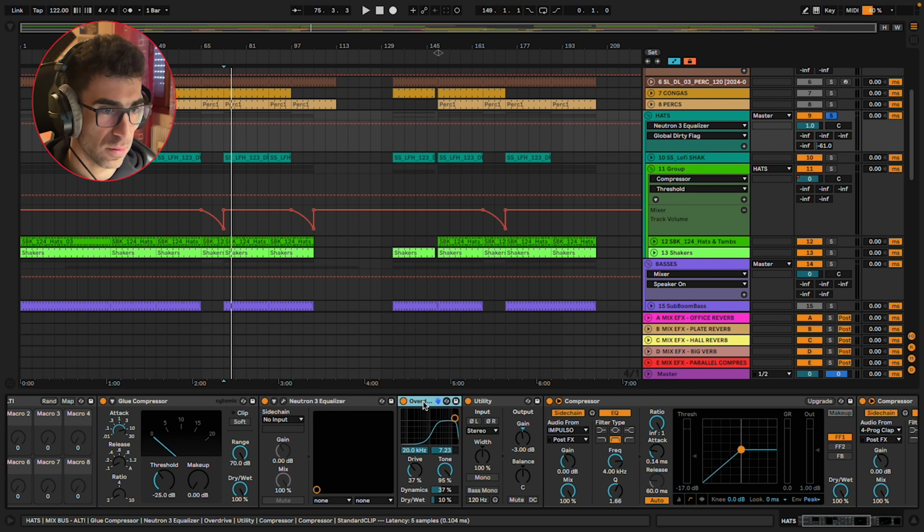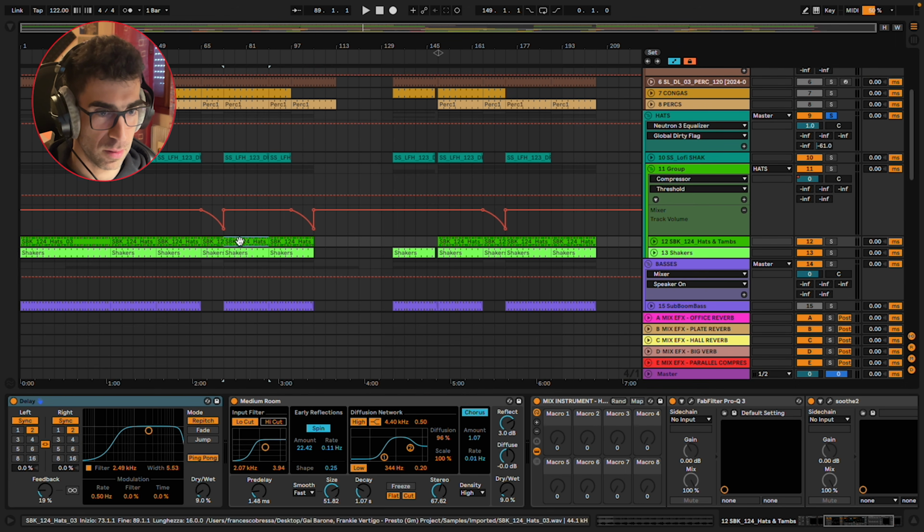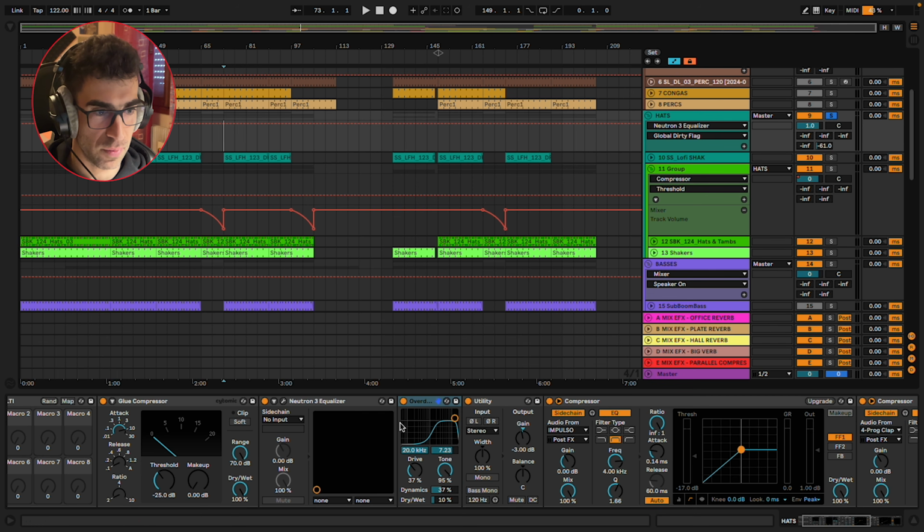What I love to do on hi-hats is putting this Overdrive plugin, stock plugin from Ableton. Sometimes I use Saturn again, but as in this case I already used Saturn for the clap and also for these heads and tambourines, I prefer to use the overdrive to give them a different feel and to glue once again everything together, all the hi-hats group.